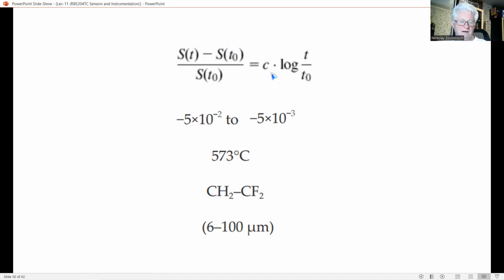The factor c in this expression lies in a range between -5 times 10 to the -2 and -5 times 10 to the -3 per decade for room temperature. For this reason, the poled material is aged artificially before being applied as a transducer. Mechanical and thermal shocks, however, may initiate new aging effects. Clearly, the decay goes faster at higher temperature. Note that even quartz loses its piezoelectricity above the Curie temperature, which is